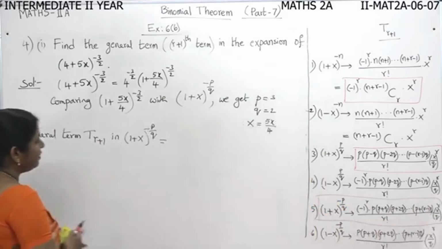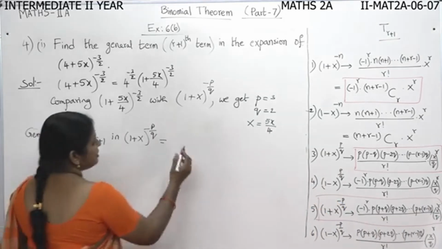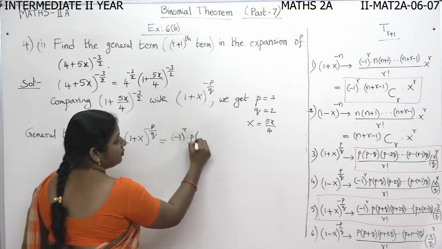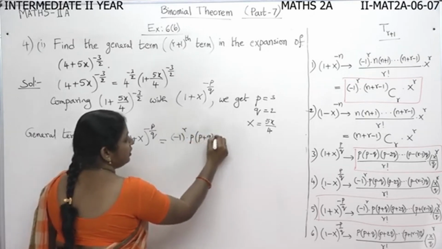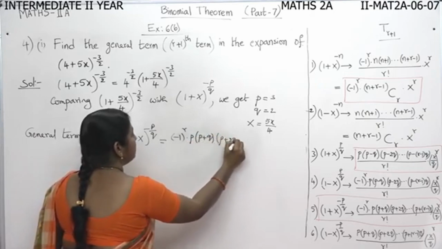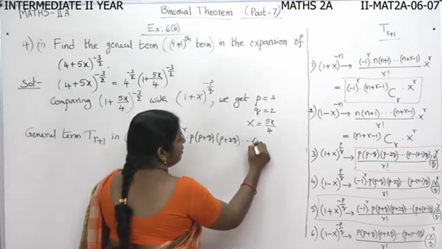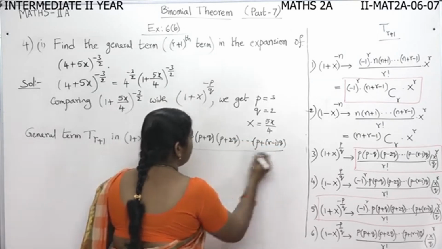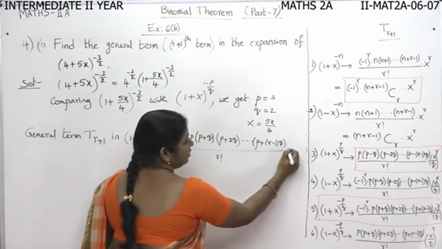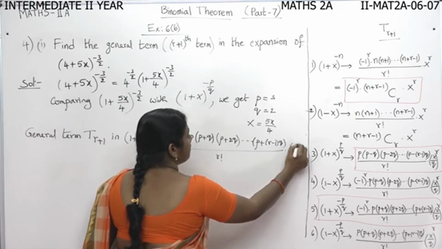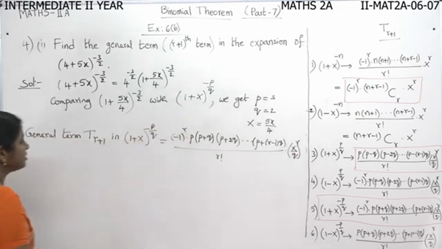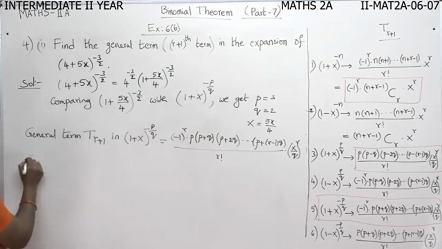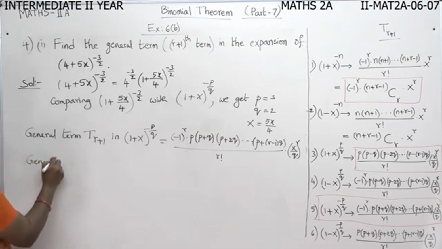Using this, we can write the general term, which is given by minus 1 to the power of r into p into p plus q into p plus 2q, so on up to p plus r minus 1 into q by r factorial into x by q to the power of r. So substituting all these values, we will get the general term